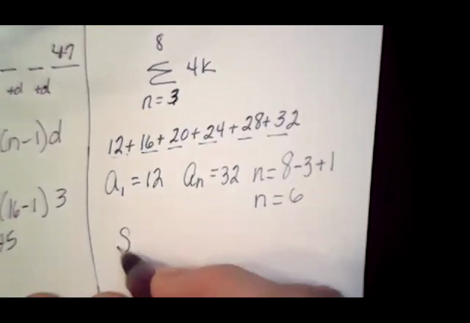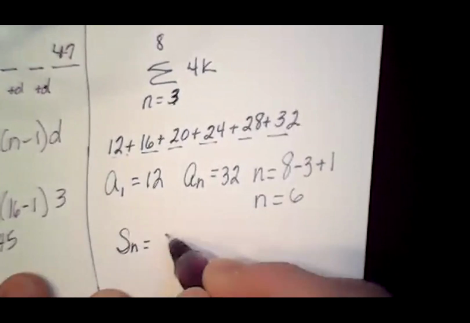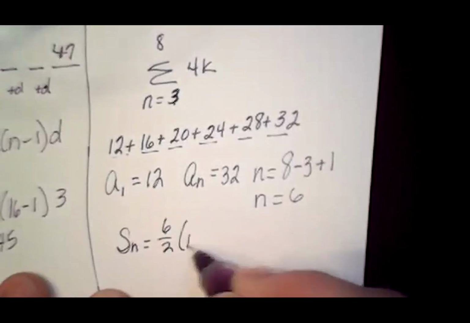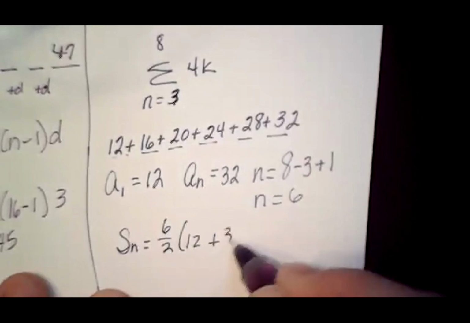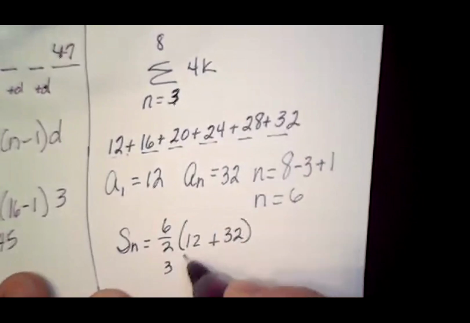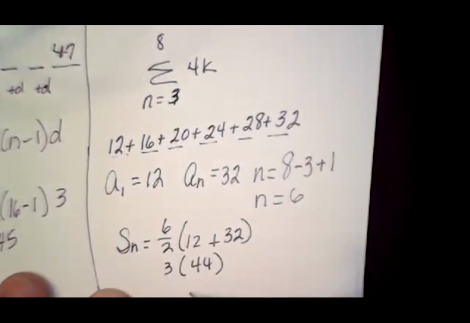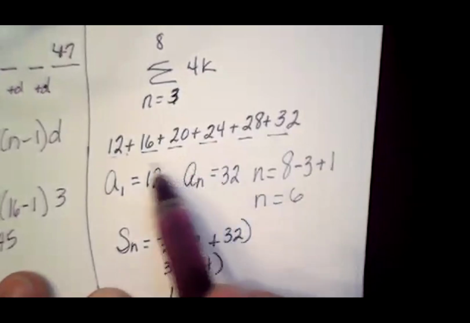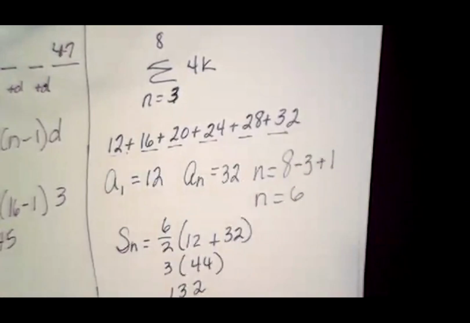So now we could use our formula where we have 6 over 2, 12 plus 32. So 3 times 44, which would be 132, I think. Of course, in this one, we could just add all those up. But some of those will be a lot bigger, and some involve fractions, some decimals. So